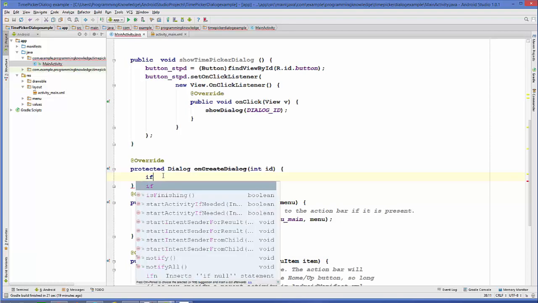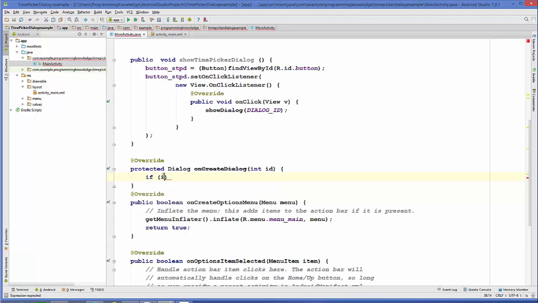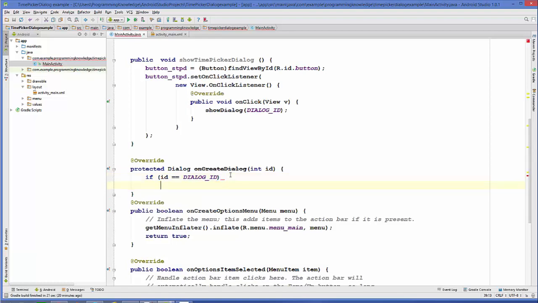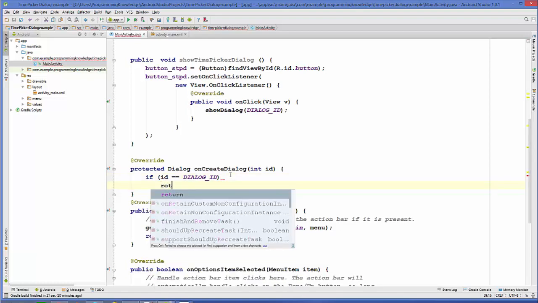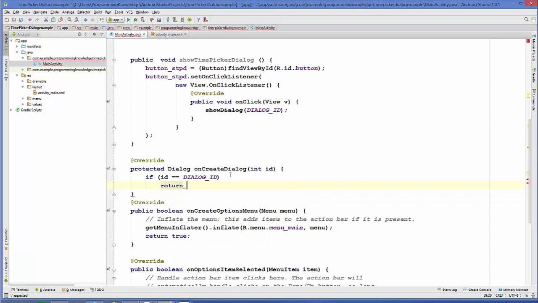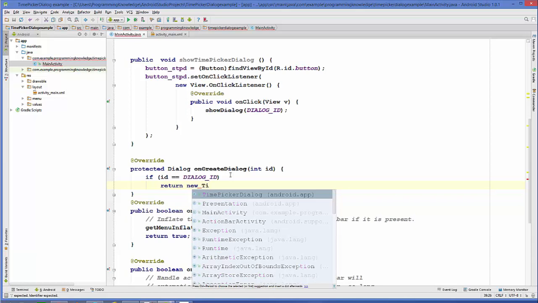So if this ID is equal to the dialog ID which we have declared, which is this one, then what we are going to do is we are going to return new time picker dialog.